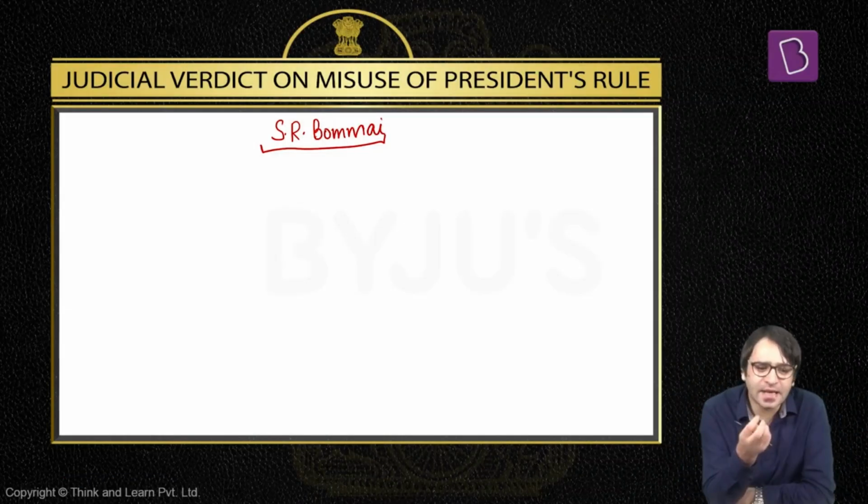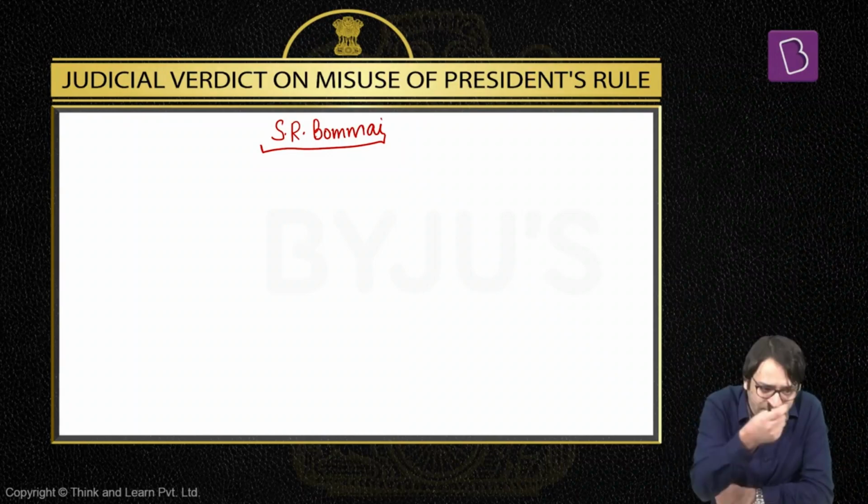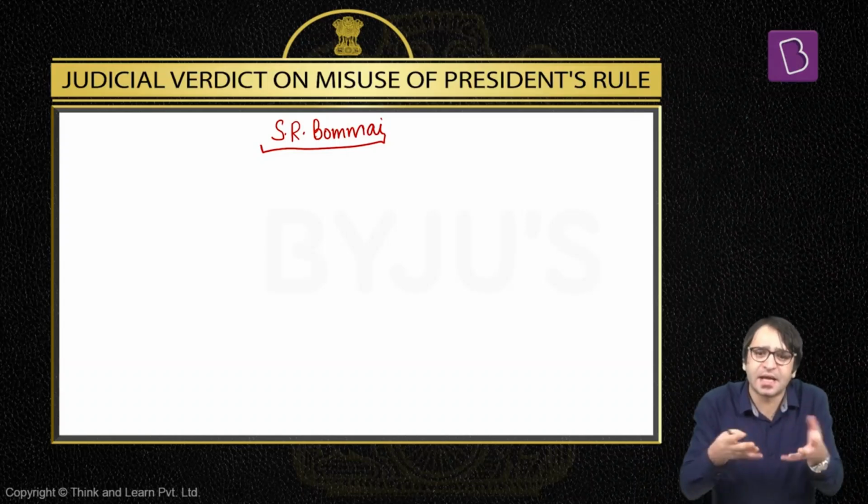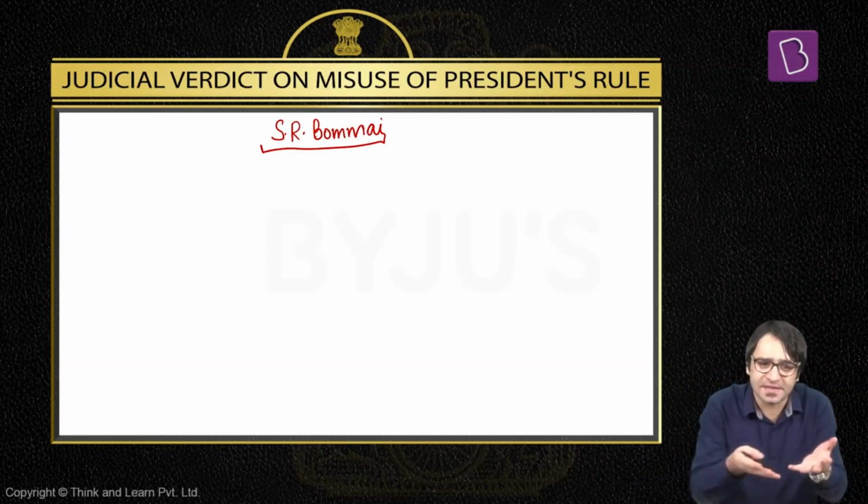The very next day, it came to light that at least 7 to 9 MLAs are saying that we did not write this letter. So basically, the letter which was sent to the governor, when it was alleged that 19 MLAs have withdrawn support to the S.R. Bommai government, 7 to 9 of these MLAs are claiming we did not write this letter. So basically, their signatures were forged.